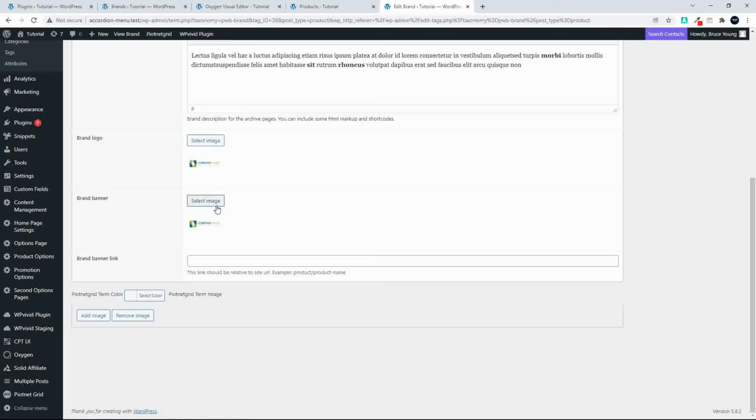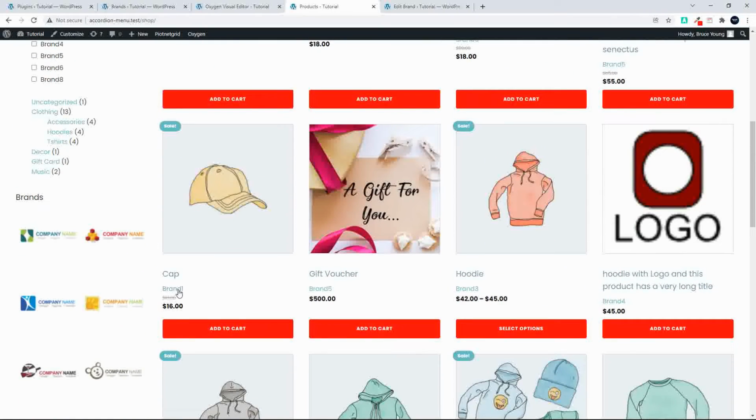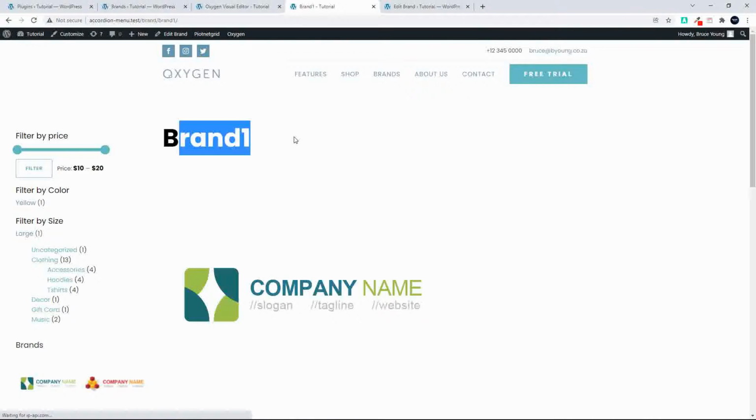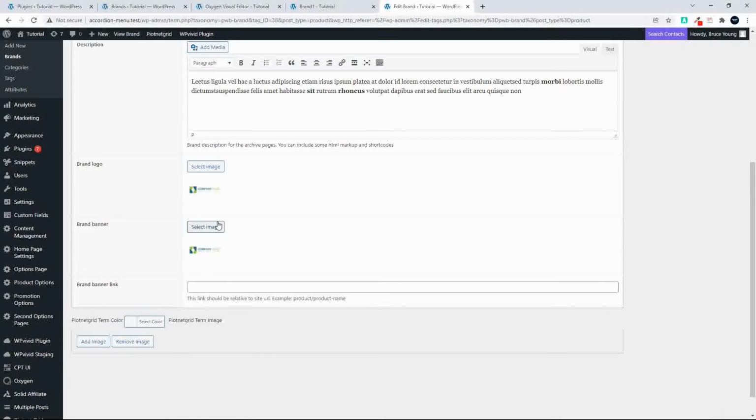Now where the brand banner comes in is when you go and have a look at a brand on a single page. I'm going to go to brand number 1 because I've actually added the banner on brand 1. And you'll see now that we have the name and then we have the banner. In this case, I just uploaded the logo, but you can create a custom banner for that brand. And this is where you would then assign that banner to the